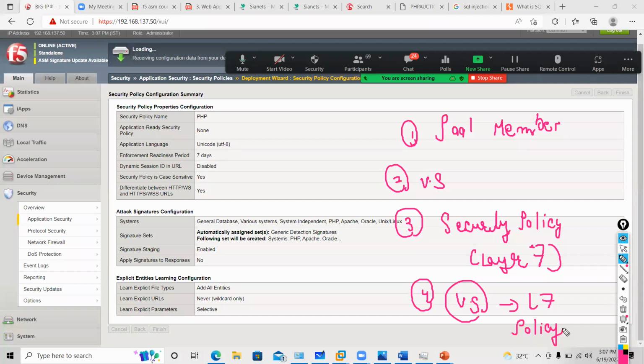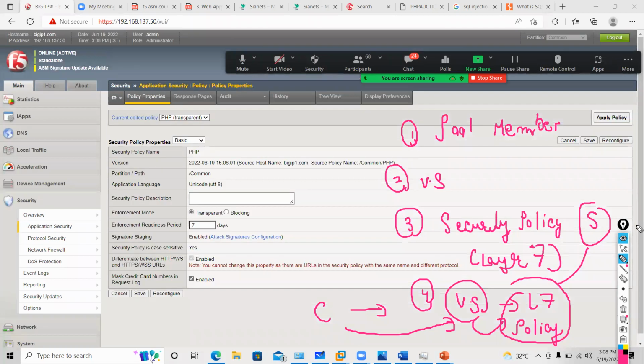so that it will check all things. When a client hits traffic on the virtual server, first it will check whether that request is compliant according to the policy or not. If it is a legal request, then only F5 will forward traffic to your backend server. So that is how F5 ASM protects. F5 is coming in as a middle. It will check all the things, whether my request is legal or illegal. So I have created a policy, guys.